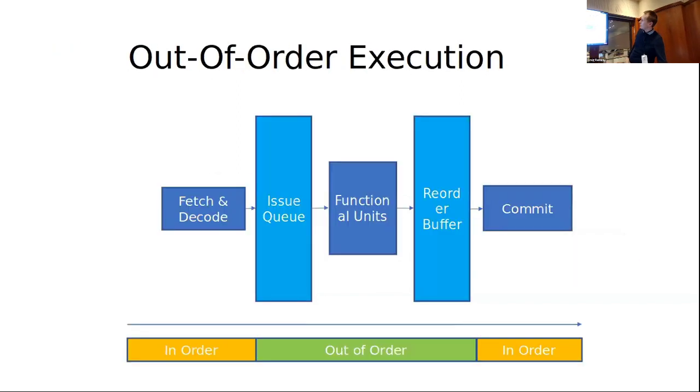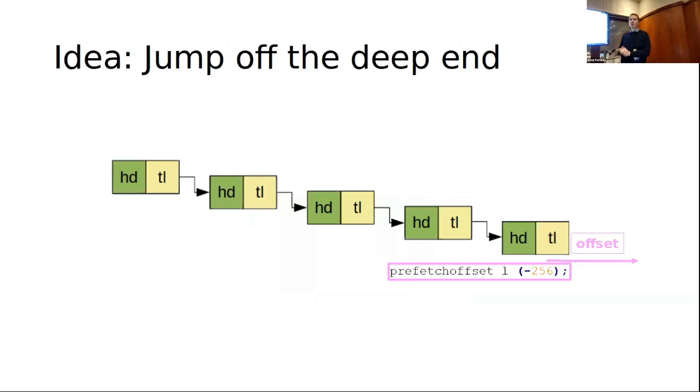Not true of your stride prefetcher, though. Your stride prefetcher is just doing value prediction on the addresses that it's getting. And as it turns out, if you ask for a linked list like this, where do you think your allocator will put each of these elements? And the answer is right next to each other. You're allocating these things, they end up next to each other when you allocate them, if you allocate them one after the other. It might not be quite that simple if you've got a more complicated data structure, but it's